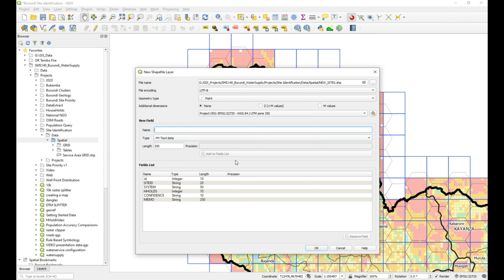And then the last one, what are we going to call this? I'm just going to call this num. Okay, it's going to be text, and it's only going to be 2. You'll see why in a moment, and I'm going to say add that. Okay, all right. You can call that something else, but you'll see why I do this now. So let's say okay,